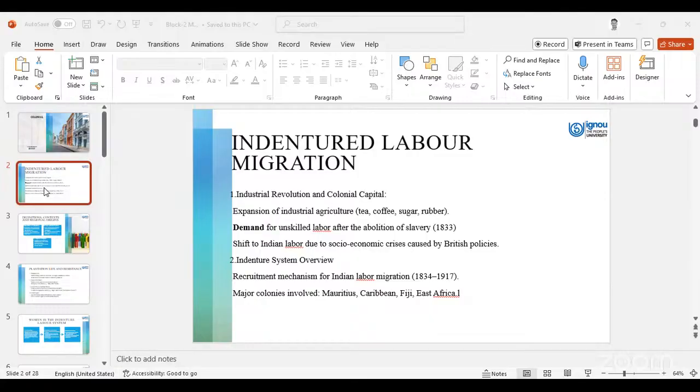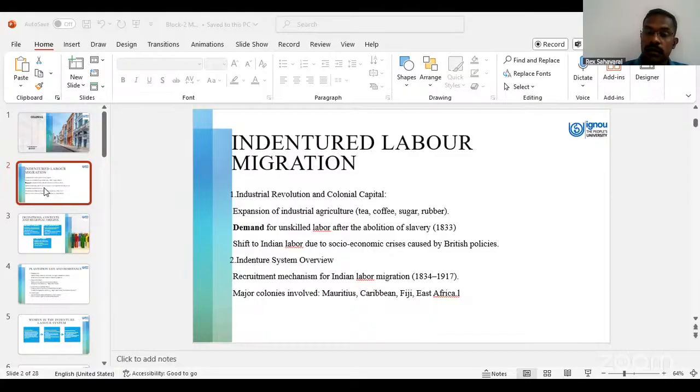Due to this expansion, there was a demand for unskilled labor, right? We have skilled and unskilled labor, so you find a lot of unskilled labor force. We need to know the differentiation of skilled and unskilled labors. So that had happened, and